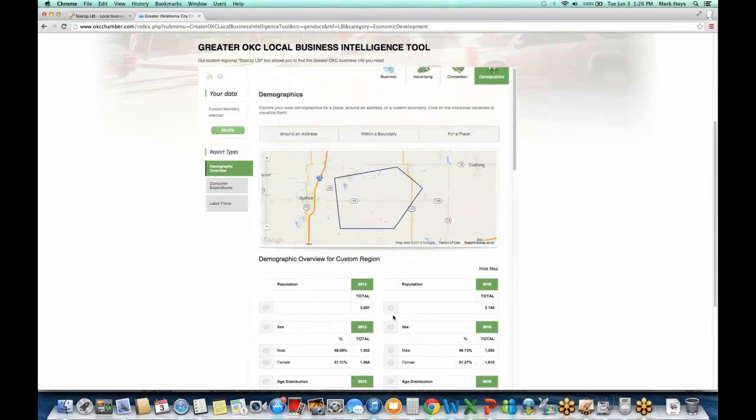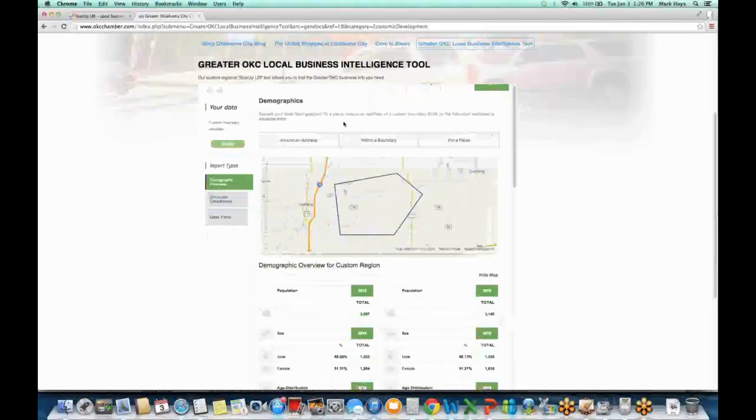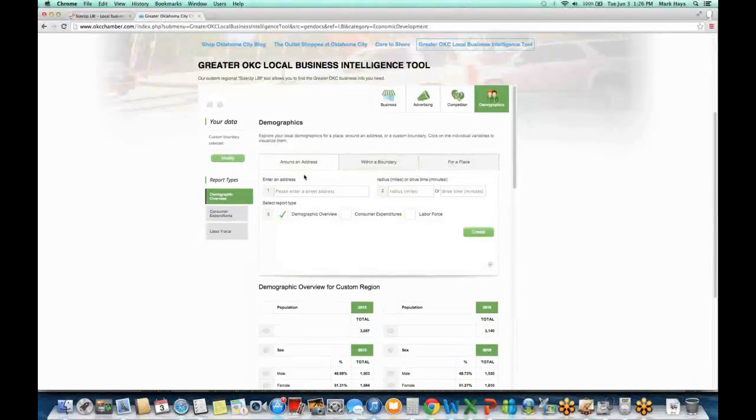So you can do that for a much larger area. If you're more rural and you want to stretch it out and know what's going on regionally, you can draw a big regional map there. But for a very dense population, maybe you just want to draw it in and get it tighter. And then lastly in this portion, you can do around an address. So maybe I'm opening a second location, or I'm considering a few different strip malls I might want to move into. Just simply type the addresses you're looking at, and you can do a radius for demographics, consumer expenditure, or labor force. So within a mile all the way up to 60 miles around a specific address, you can see who's got more of your target market, which location is more likely for people to walk in your doors.